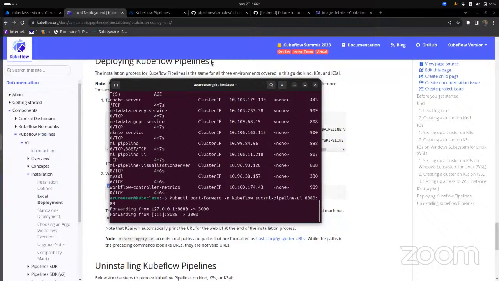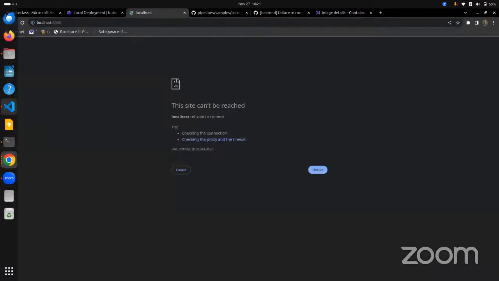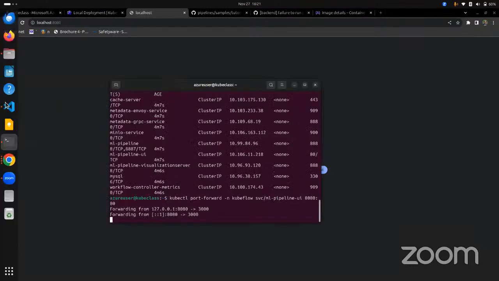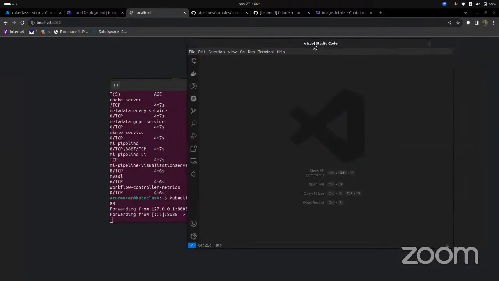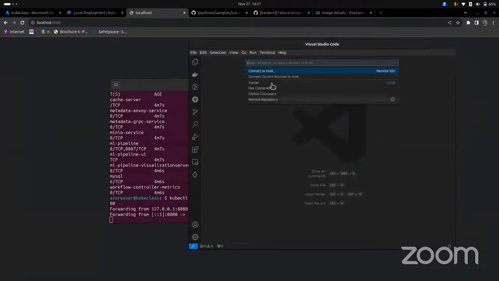And so I can't access it immediately, right? Let me just go to that URL. If I go to the URL, nothing is going to work for me. It's not connected, right? So instead of going to your network and doing some configurations that you don't want to, you can always SSH to your